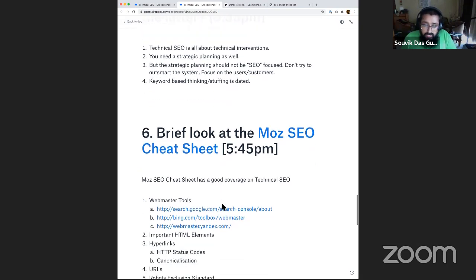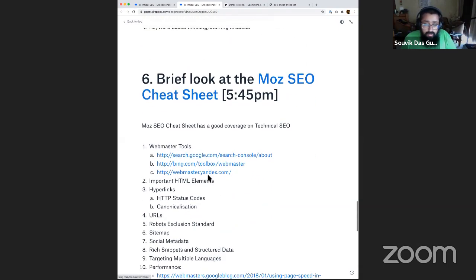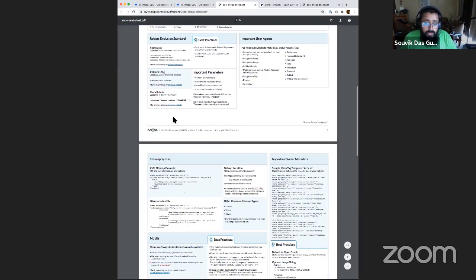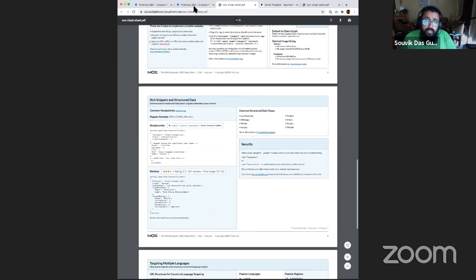The SEO cheat sheet talks about several things, but I don't want to dive deep directly, because if you're a developer and you go through this, you will understand it much better. I just want to skim through this and make it simpler, so that if you're not a developer, you are also able to understand why some of these things are required. I'll take about 5-10 minutes to go through each of these points and tell you the relevance of each. They are all taken from the Moz SEO cheat sheet, which has a bunch of good practices, so you should probably take a look at them.